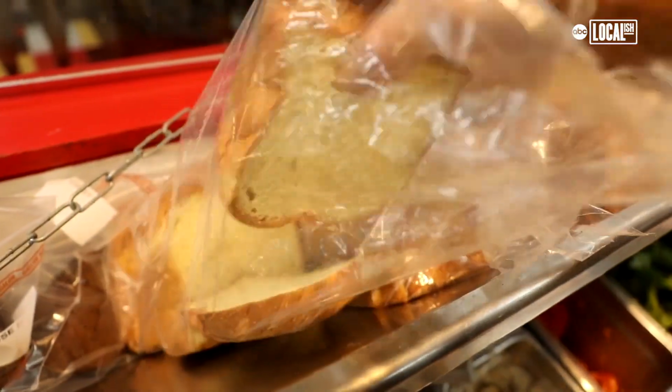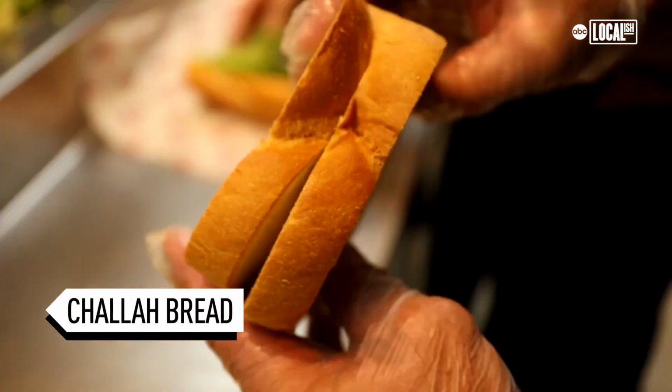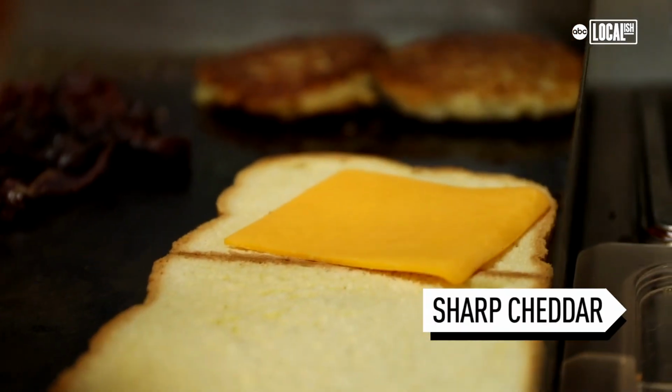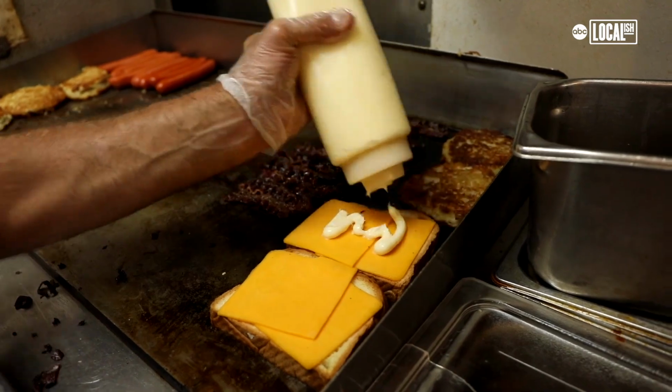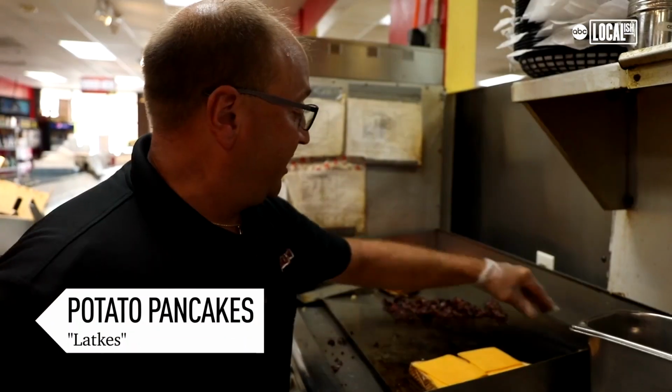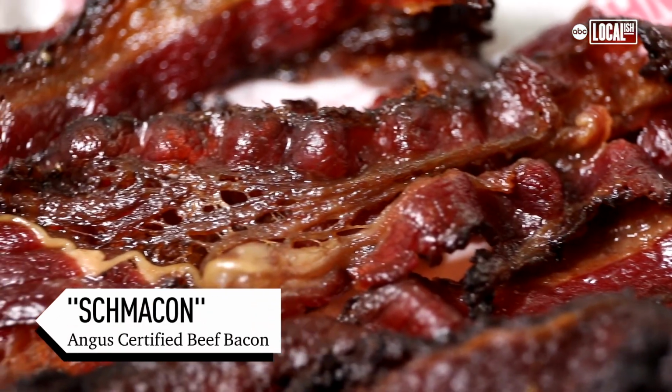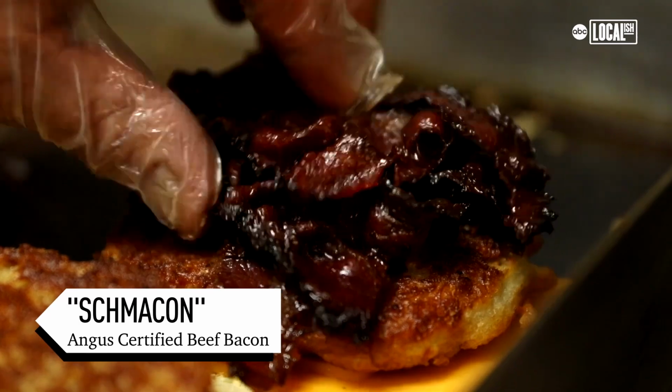So a stuffed grilled cheese, we use challah bread, and challah is a really great egg bread, toasted on both sides. And then we use Wisconsin sharp cheddar cheese, a little bit of mayonnaise. We put 2 potato pancakes on there and get those really nice and crispy too. And then we put almost 5 ounces of beef bacon, Schmaken, certified Angus beef brand Schmaken. And that